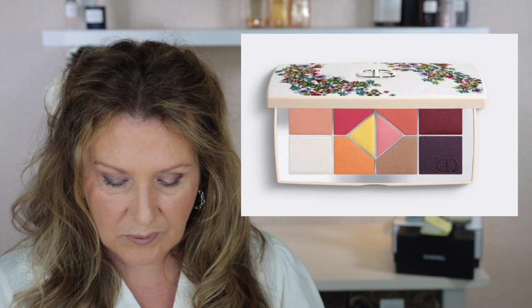And Dior has now released the Blooming Boudoir range. This looks really gorgeous. I think that the flowers on here are just beautiful. I picked up a lipstick case and the candle with last year's release, and I am thrilled with both of them. I think they are gorgeous. I'm going to be really interested in watching the videos of people that pick up, this is the eyeshadow case with the 10 shades in it,